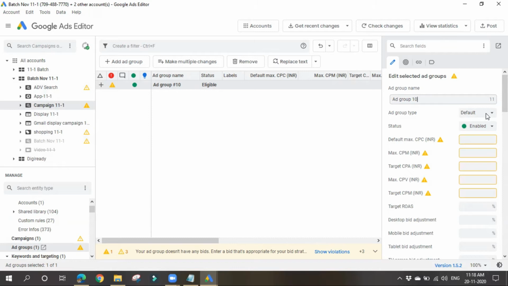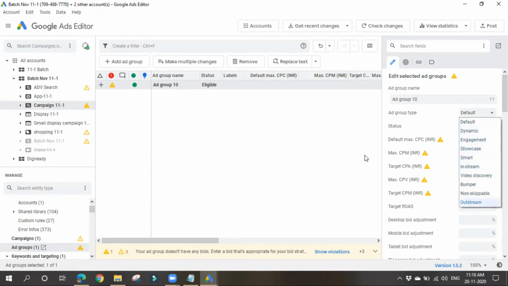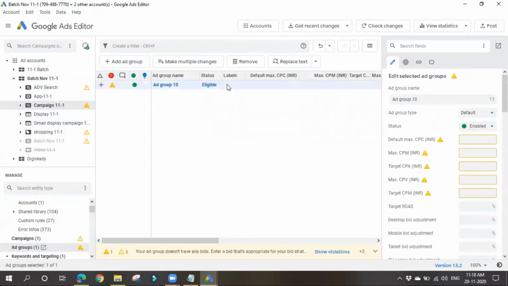Ad group type: it is asking what kind of ad group type it is, for example if it is a video kind of thing. Status enabled, max CPC. If you are choosing manual CPC, then at the ad group level you have to define bids for each and every ad group.